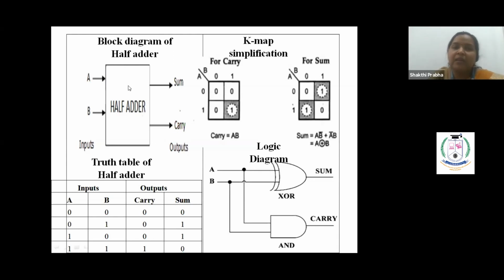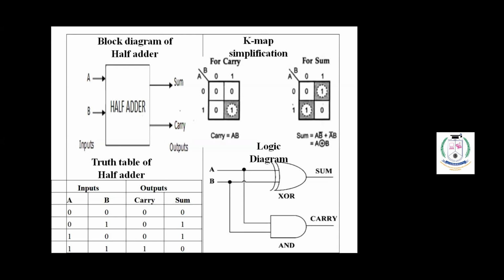Once you design the block diagram, you can automatically conclude how many input lines you are going to use and how many output lines you are going to use. Once the count of lines is known,